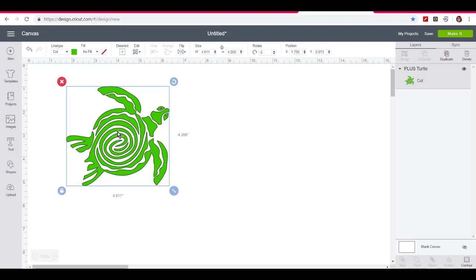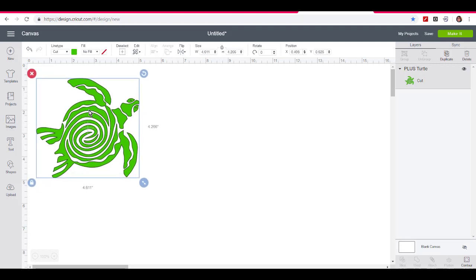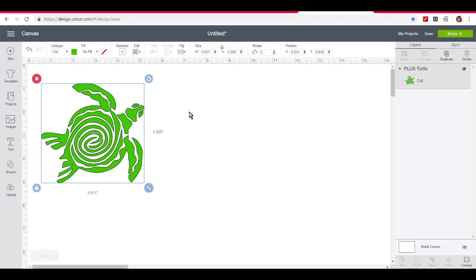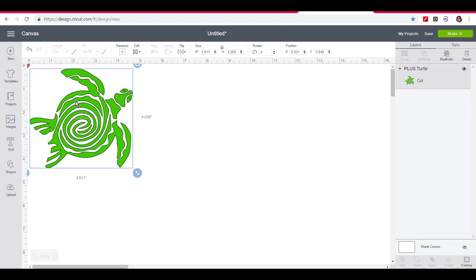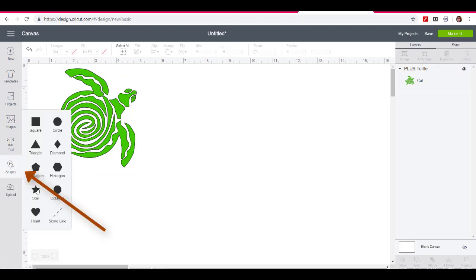But anyway, let me show you how now I will check this and sample it to make sure that it's going to work properly. What I always do if I'm using a new material or I'm not sure what to do, I make a test cut. So this guy's going to go right here up in the corner, but right here I can fit a little something. So what I do is I always go to the shapes tool and I get a star